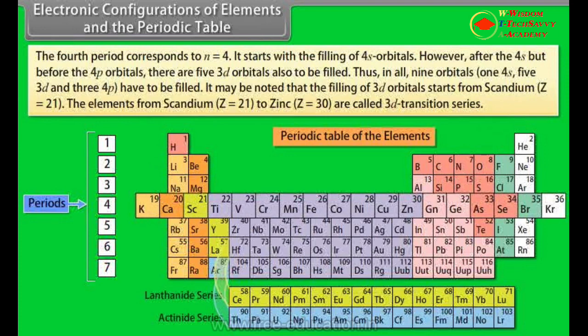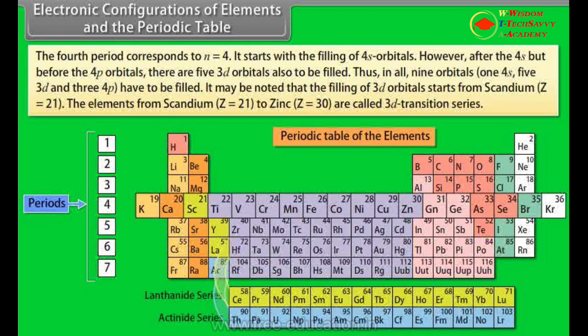The fourth period corresponds to n equals 4. It starts with the filling of 4s orbitals. However, after the 4s but before the 4p orbitals, there are 5 3d orbitals also to be filled. Thus, in all, 9 orbitals, one 4s, five 3d and three 4p, have to be filled. It may be noted that the filling of 3d orbitals starts from scandium, atomic number 21. The elements from scandium, atomic number 21, to zinc, atomic number 30, are called